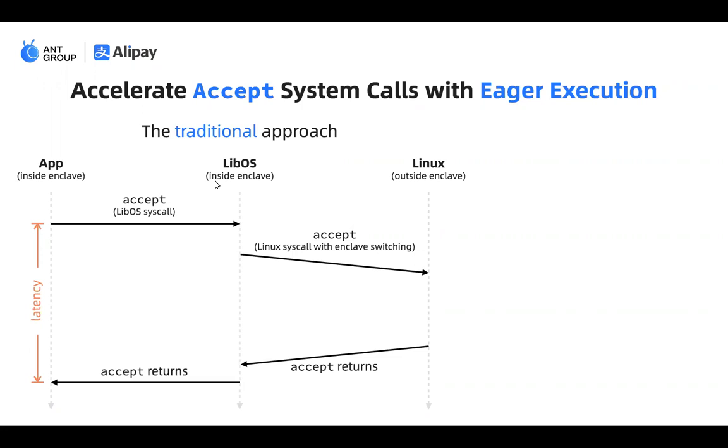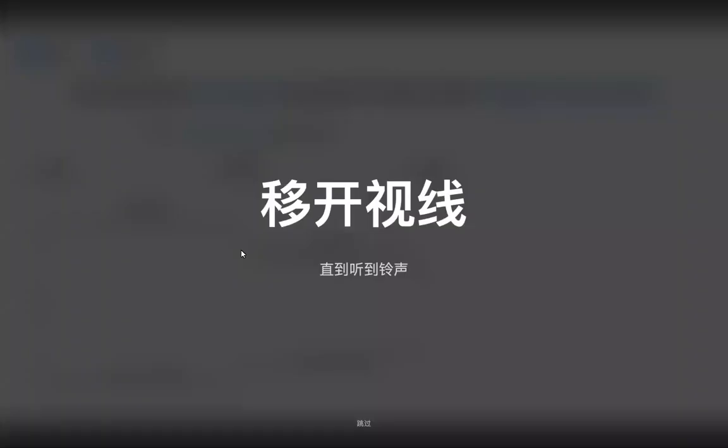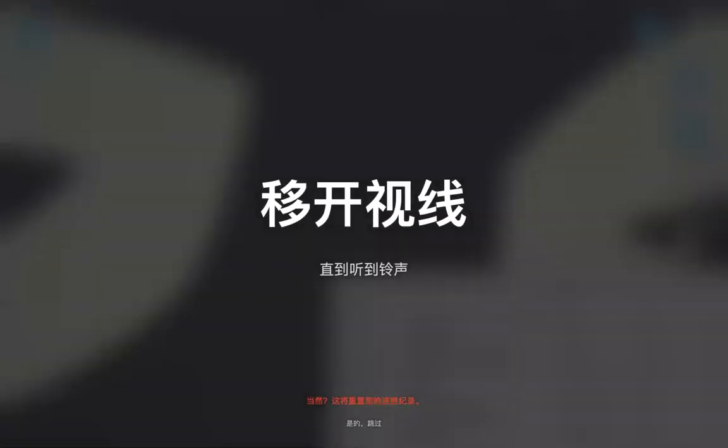This is for the LibOS. The LibOS, after accepting this system call and doing some pre-processing, eventually has to delegate this system call to Linux, because the LibOS is in user space. It cannot do real I/O, so it has to turn to the